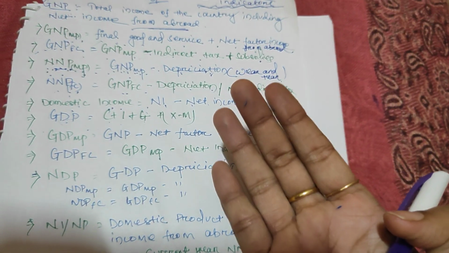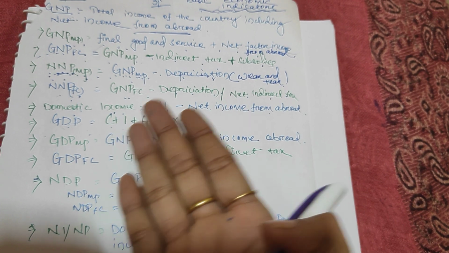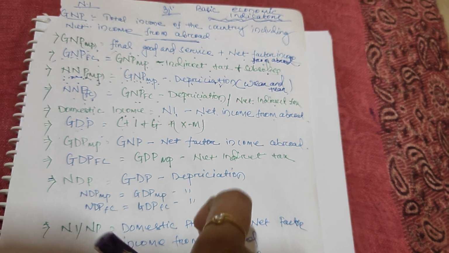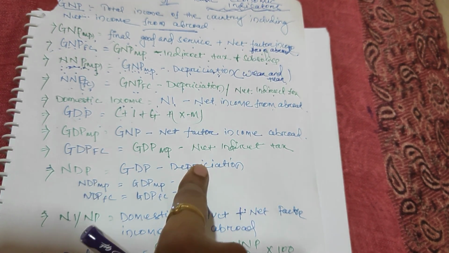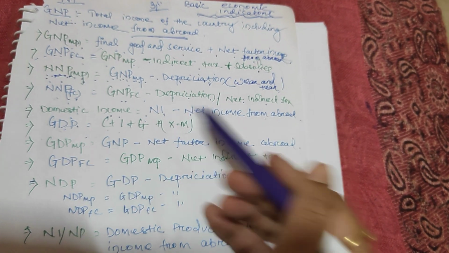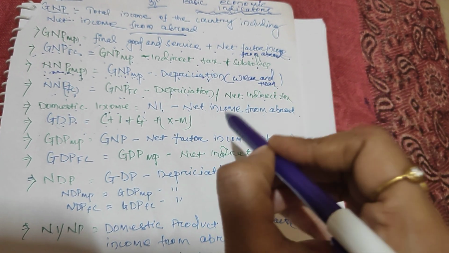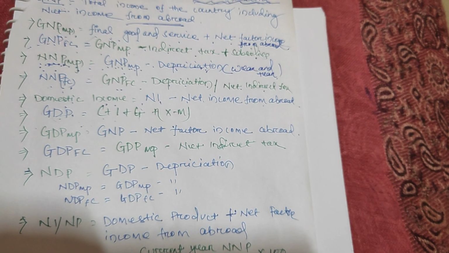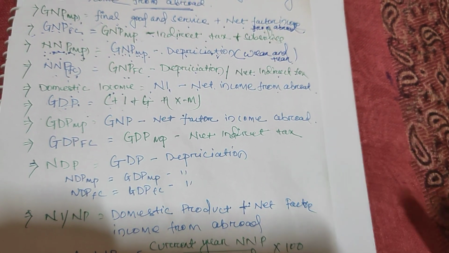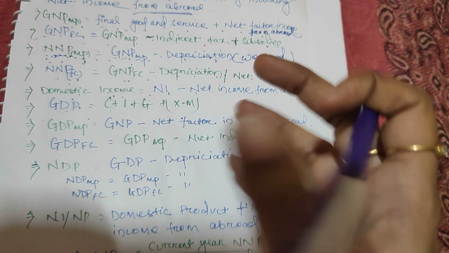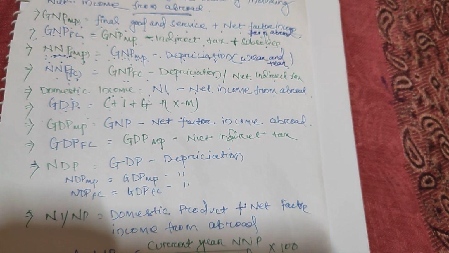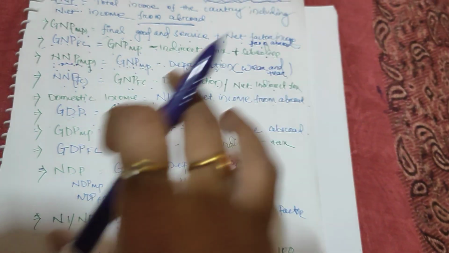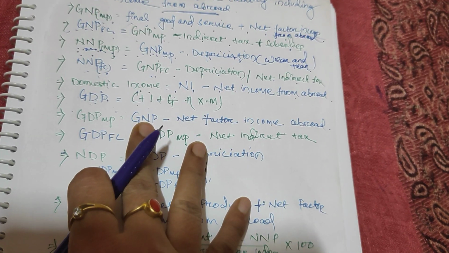It is the monetary value. Remember, GDP is the monetary value of all final goods and services produced by all the people within a domestic territory during an accounting year. Important fact in GDP: goods and services produced in a country are added whether they are produced by a resident of the country or a foreigner living in India. It does not matter who is producing, Indians or foreigners, but what is produced. Goods and services produced within the territory of India, we include everything in GDP.